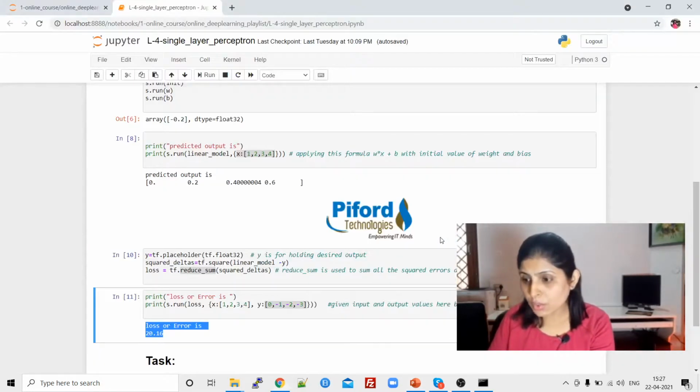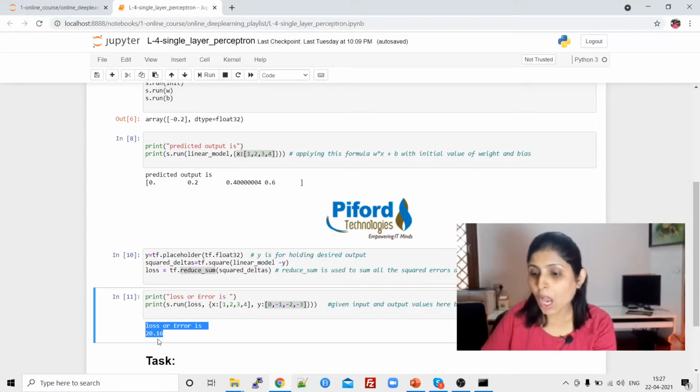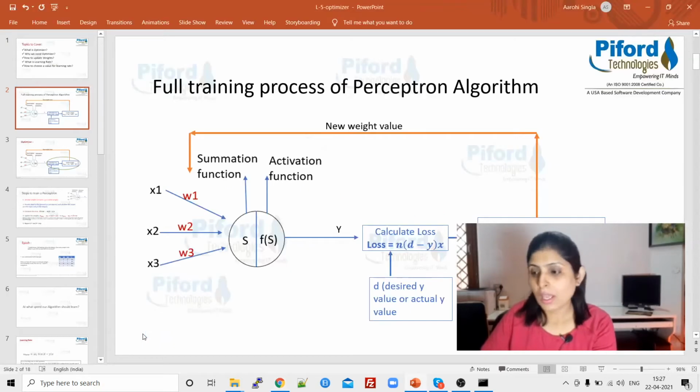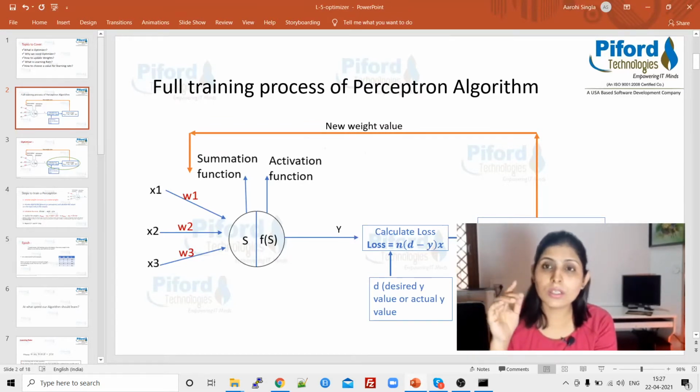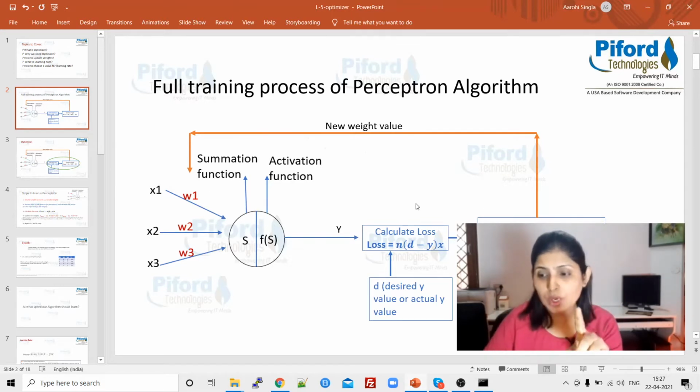So our task today is how we can reduce this error. And for reducing the error, we need to update the weights. Now just think, initially I told you to assign any random value to w1, w2 and w3.